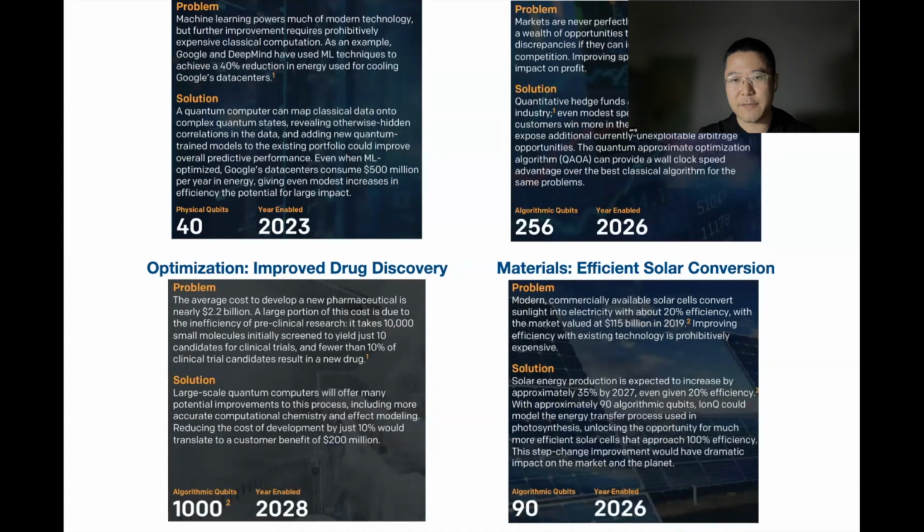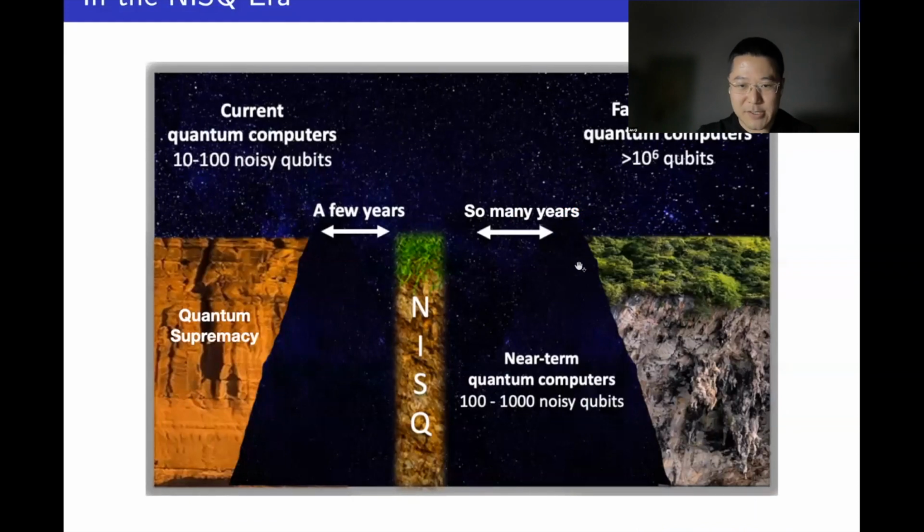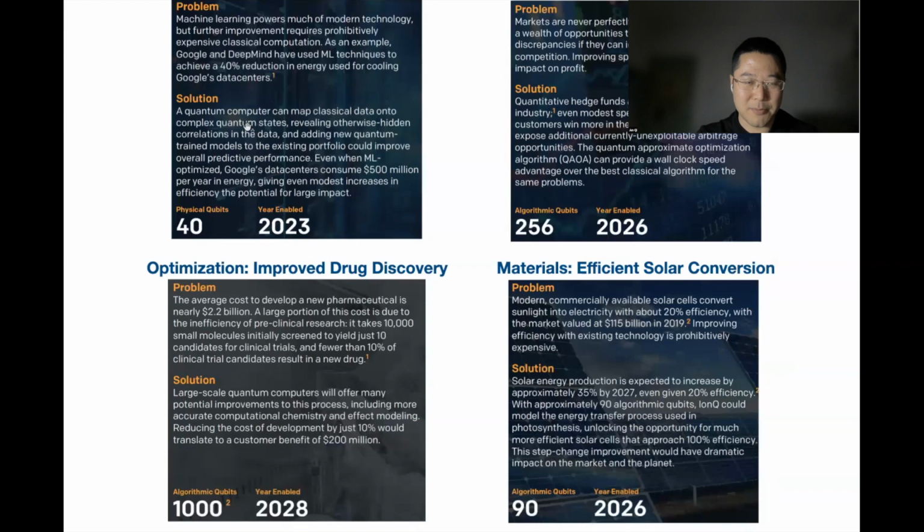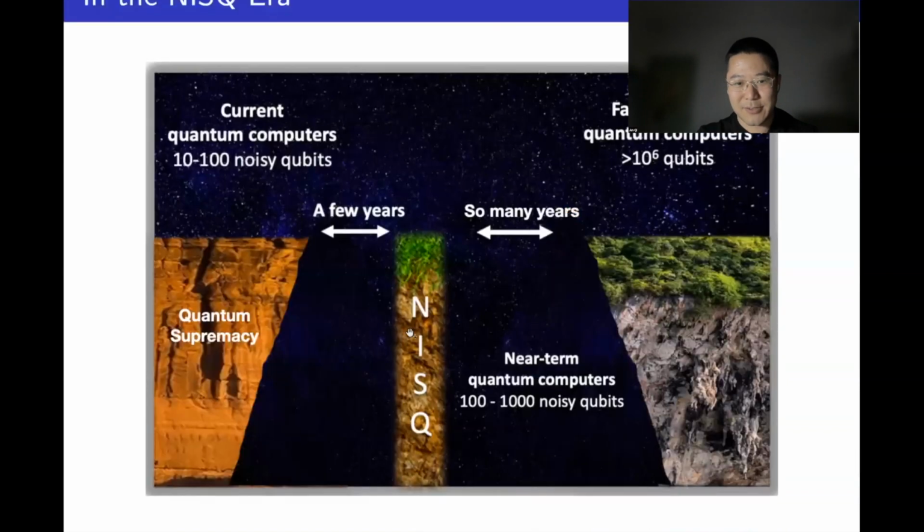But for many other tasks such as finance, diffusion, solar conversion, even some drug discovery, we may have to wait more time. It takes more than 5 to 10 years to accomplish such tasks, because they need more than 200 algorithmic qubits. That's a very high requirement for current quantum computers to reach. But that's why I'm motivated by the quantum machine learning task, because it's easier to realize on the NISQ device. Maybe next year, the vast majority of quantum machine learning tasks can be realized. Okay, that's the roadmap and introduction of quantum computers on NISQ devices and why we chose the subject of